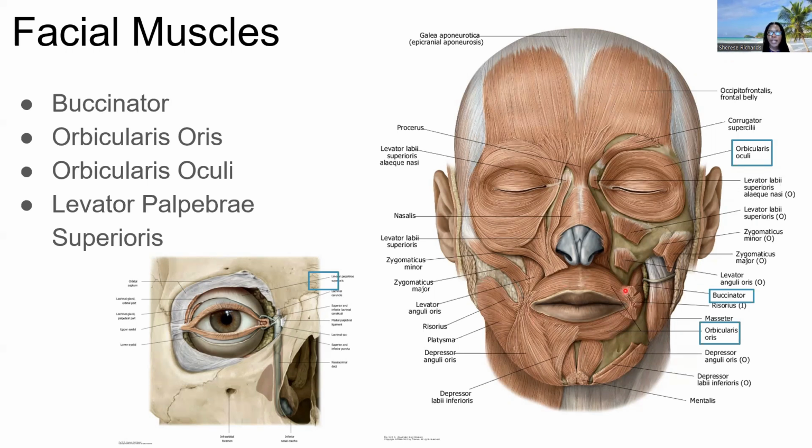And then the orbicularis oculi, which is a similar muscle, is found around the eyes. And that's going to be really important for closing the eyelids very tightly. So the levator palpebrae superioris is above the eyelid. Here's that muscle. That is going to help to open the eyelid, whereas the orbicularis oculi is a sphincter for the eye that's going to help us to close the eyelid in the opposite direction. All right, so these can be considered antagonistic